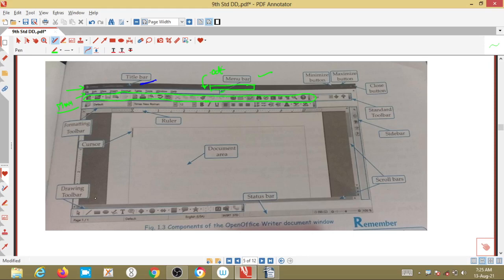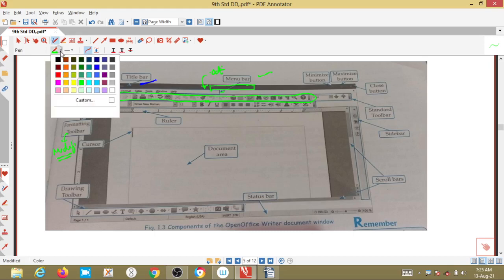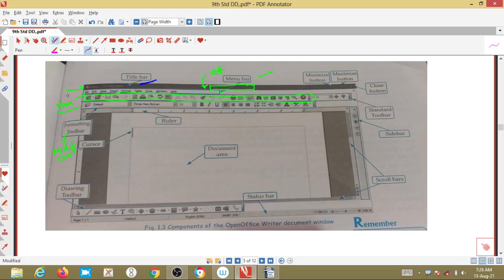Then there is the formatting toolbar. Below this standard toolbar you have the formatting toolbar. Formatting means modifying, you can easily understand it like this. If you want to change the format of a text, here the text style is now Times New Roman.